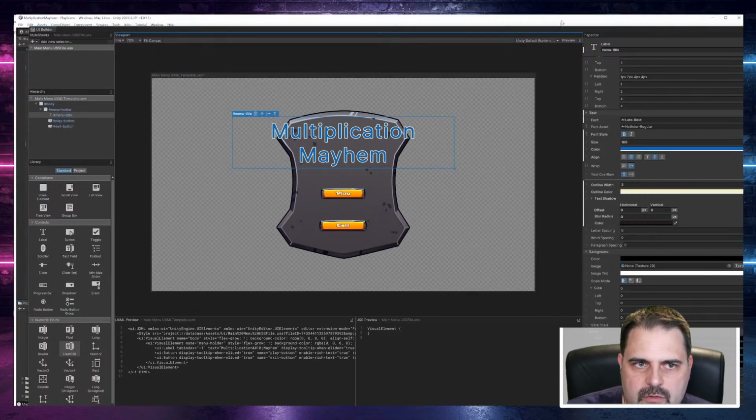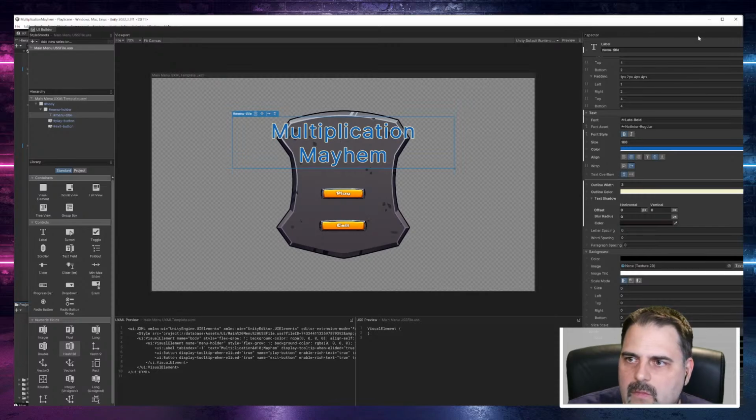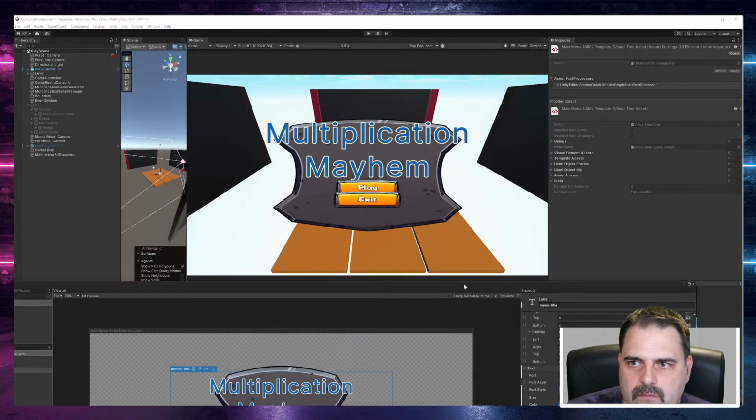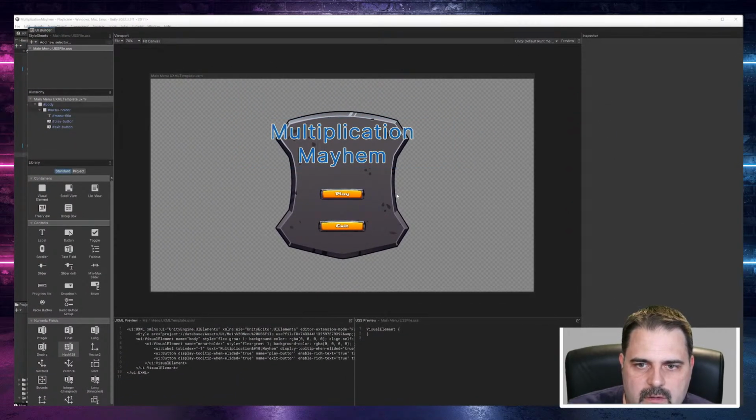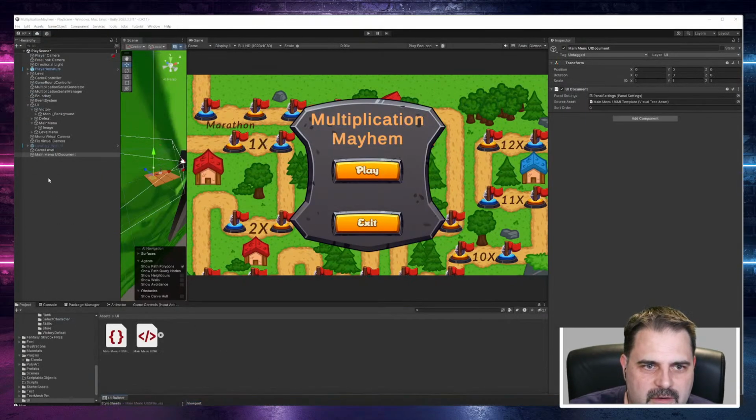Will that change this? It makes the button smaller, but it's still everything squashed. I wonder why. No. Ctrl Z is going on here